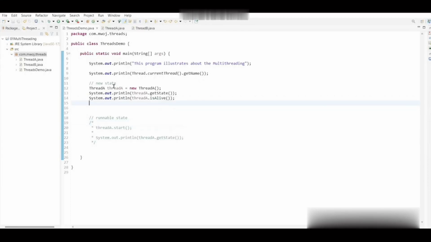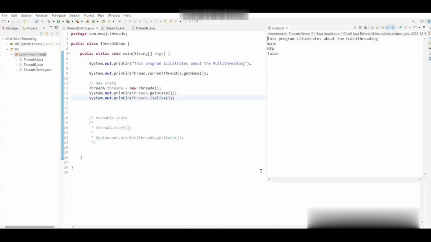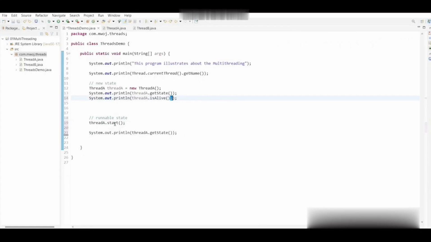Now we know that the thread is in the new state, and we are checking if the thread is in the new state, will that thread be alive or not? Let's run the program and check. No, it is not alive, which means if a thread is in the new state, it is not considered to be alive yet. All right, you'll have a question. So when will a thread be alive, right? As soon as you start the thread,